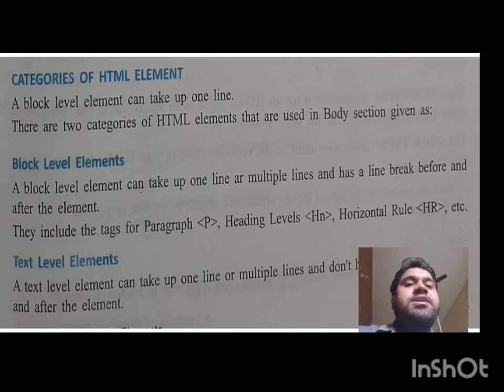Now talking about the categories of HTML elements. Two categories are there: block level element and text level element. A block level element can take up one line or multiple lines, with a line break before and after the element. Like a paragraph you are writing. If you are writing a paragraph, you start with the p tag,